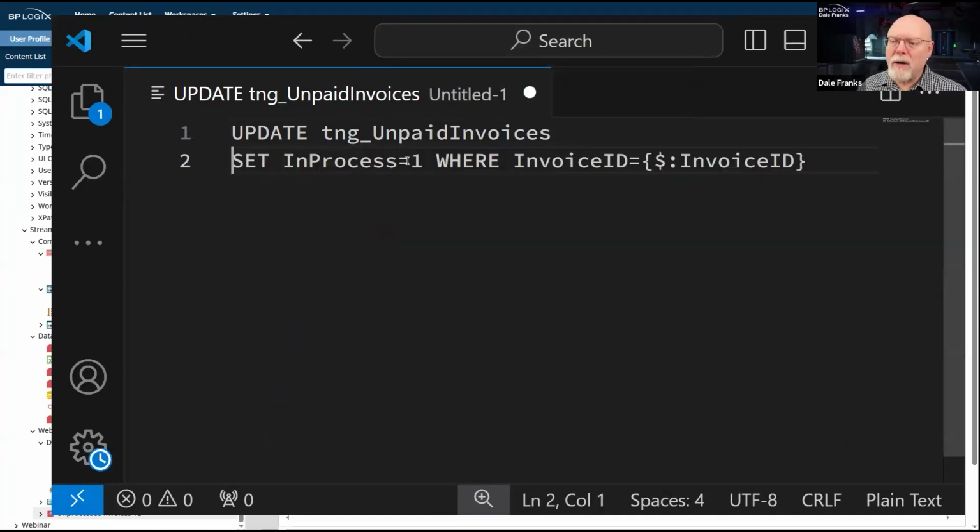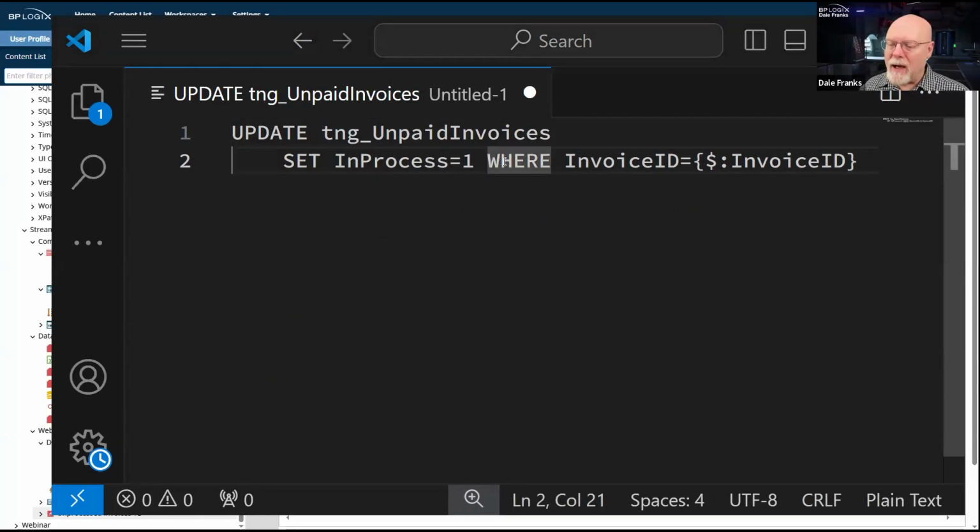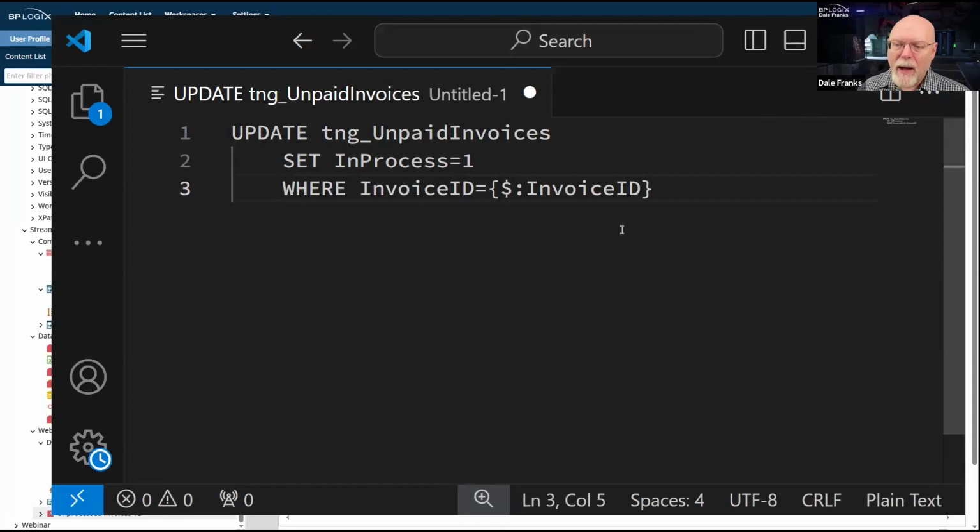Okay, so here is my problem. What I've got is a set of data where I am pulling everything where in process is set to 0. And so I need to change this because once I've pulled it, it is now in process. I need to change its status. However, I only want to change its status for something I am actually working on at the time.